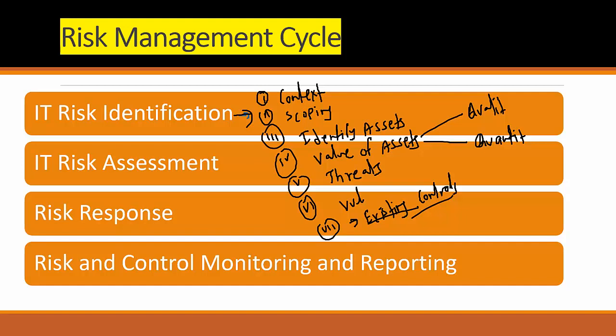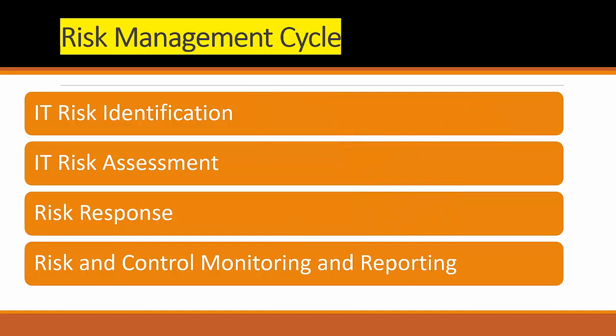Definitely, we have asset one, asset two. Asset one has a $10,000 value. Asset two is also a $10,000 value. But we have discovered that if asset one has a ransomware attack, it will impact me $3,000. If asset two has a ransomware attack, it will cost me $4,000. So unless I know the impact analysis in monetary or non-monetary terms, we cannot suggest the controls. That is why we have a second step here, which is called IT risk assessment.